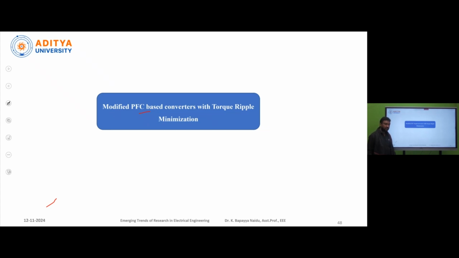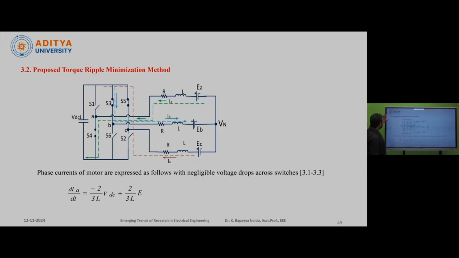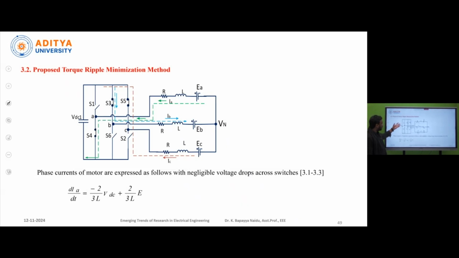Up to now, we have been using power factor corrected converters for improving the power factor. Whenever you use these modified PFC based converters, we can reduce the torque ripple along with the improved power factor. Now, first of all, how can we modify these power factor converters? Which method are we using? We'll discuss. Okay, in this torque ripple minimization,